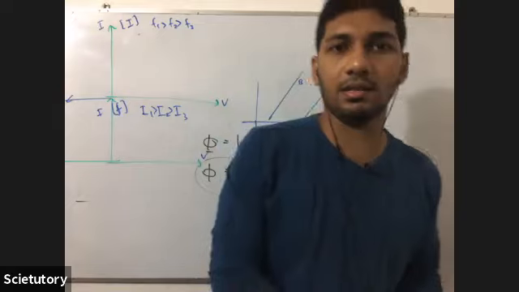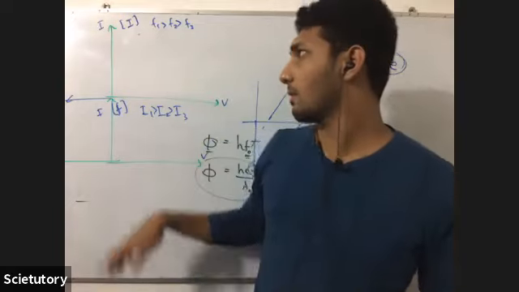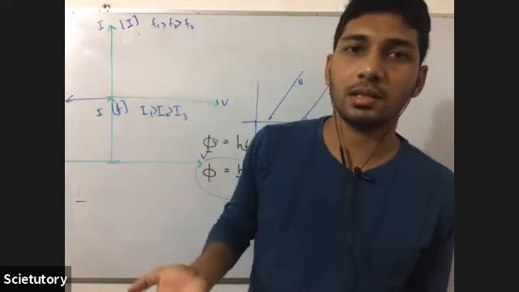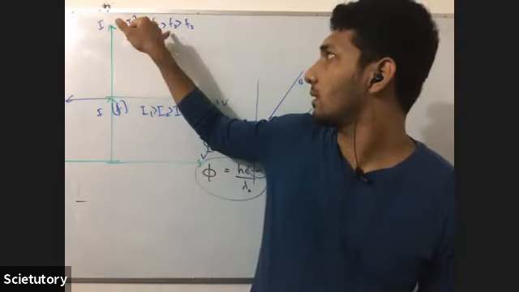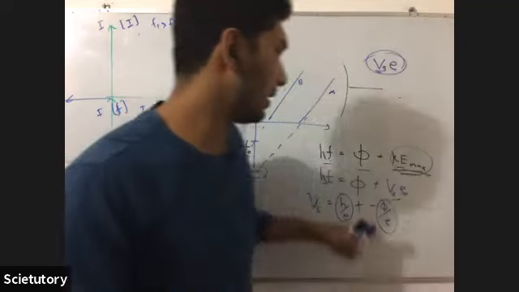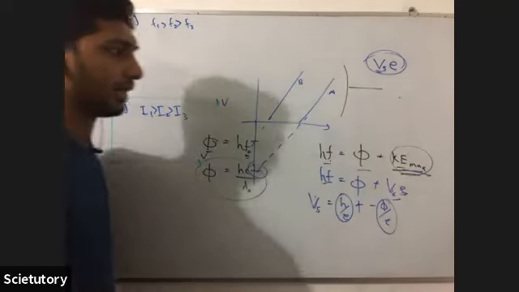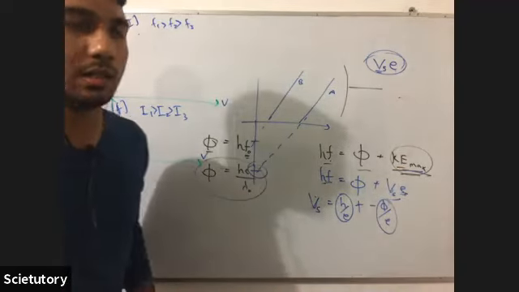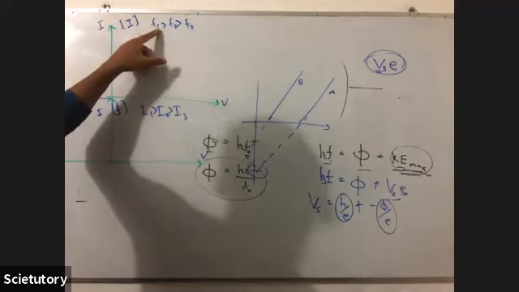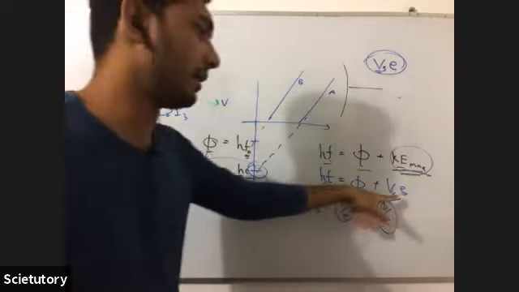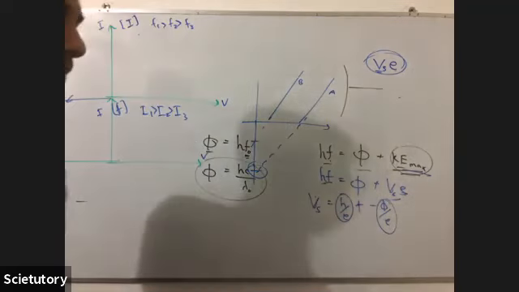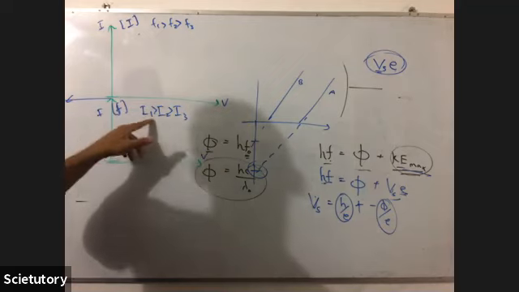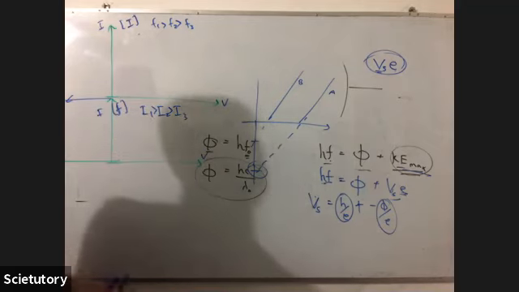If the intensity is equal for all three waves, all three rays, the saturation current will be equal. But the F will affect the stopping voltage by affecting the maximum kinetic energy. So for greater F, you will get a greater stopping voltage. Okay. And when you consider this question, the I1, I2, I3,